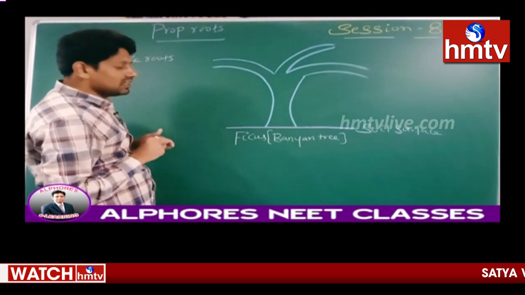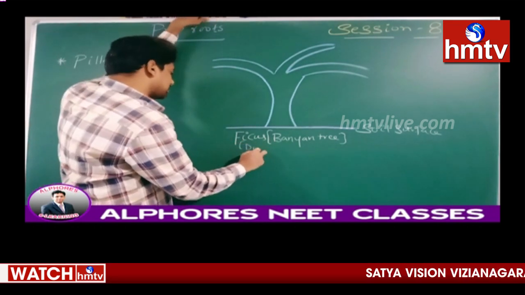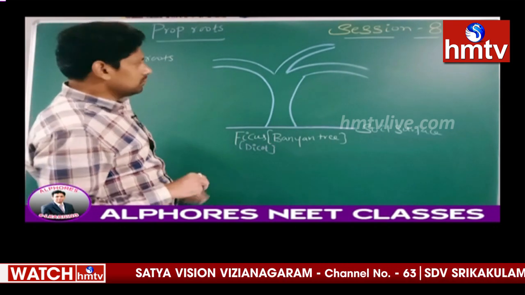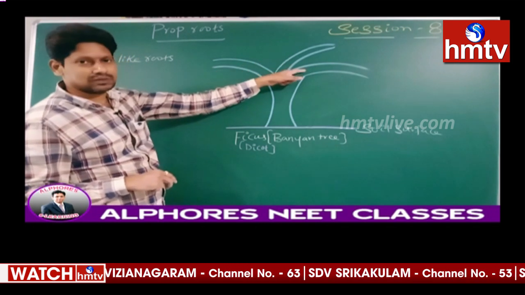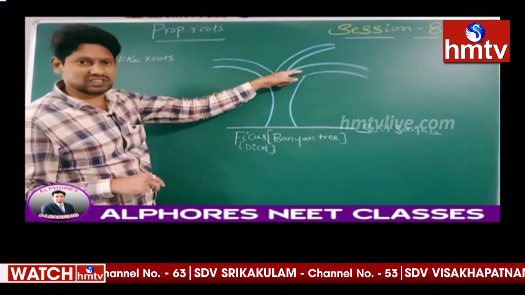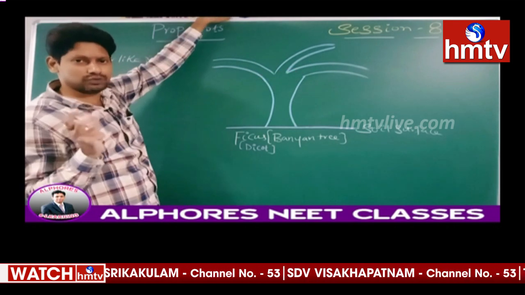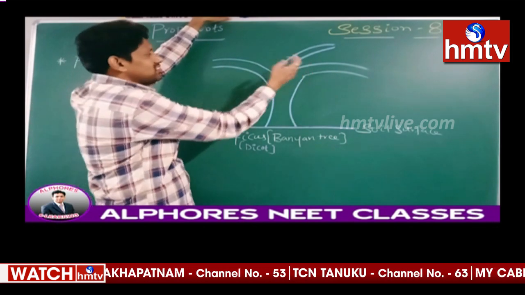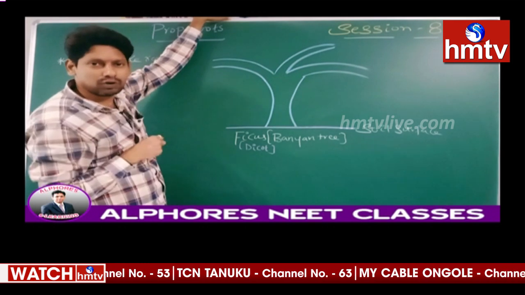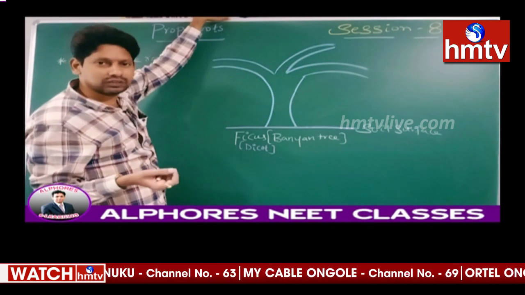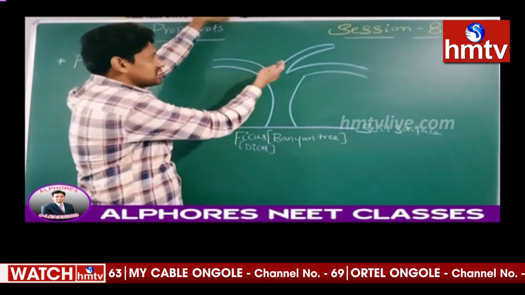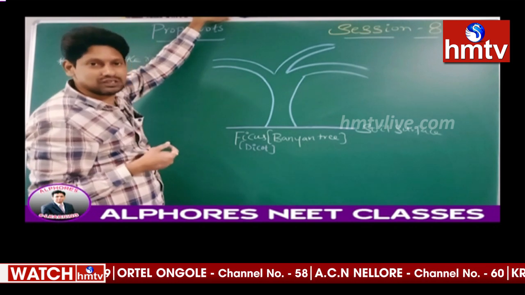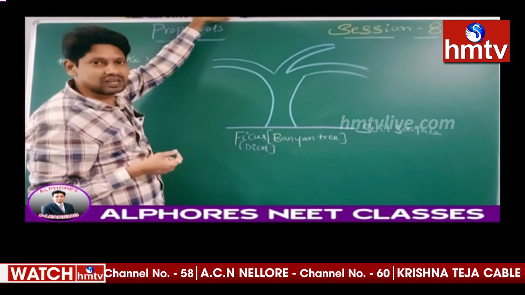Sir, ficus, is it a dicot or monocot? It's a dicot. And it's a huge tree, a very big tree. Produces more number of branches. Sir, these branches are stout and long. So the stem is unable to bear the weight of these branches. Why, sir? Number of branches are more. Each branch is long and stout. It means now it requires extra support. To provide this extra support,